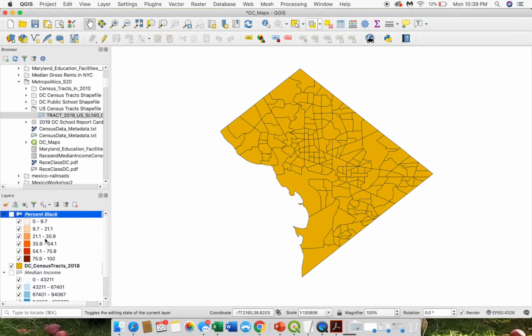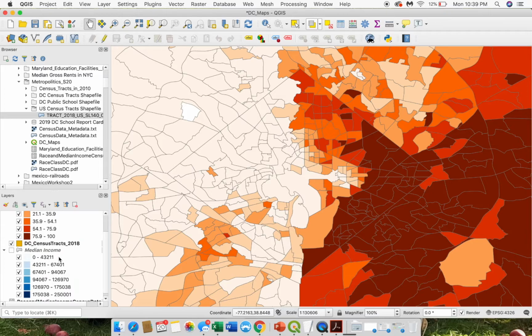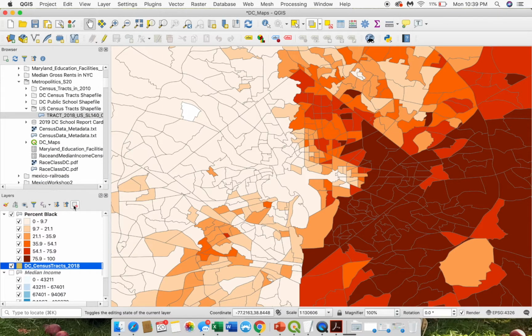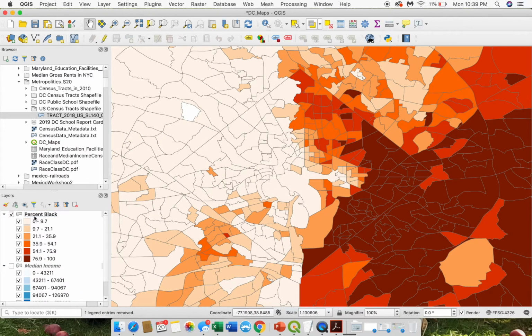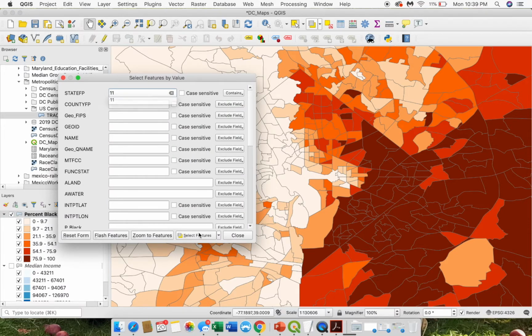So let's do this export actually again with this %black. You didn't need to do it the first time around. So I'm going to remove this layer actually. If we click on this and if we click on the minus sign, it'll remove the legend. Okay. So now we'll do it from this one. And again, to point out the reason we're doing this, because this is the one in the attribute table where we created the %black column. Okay. So select features by value, click 11, select,